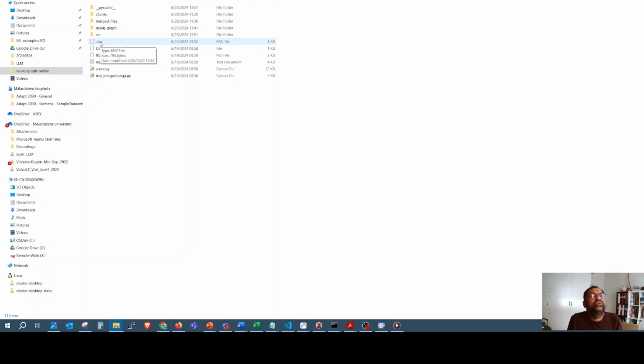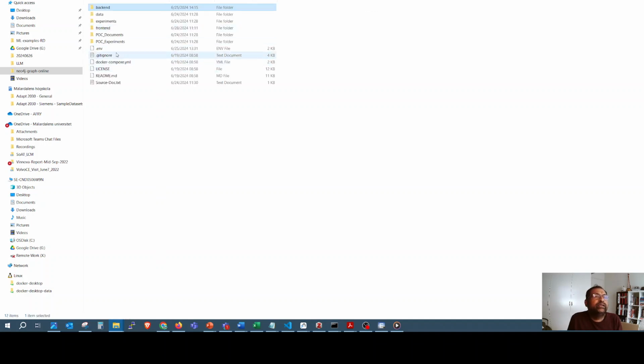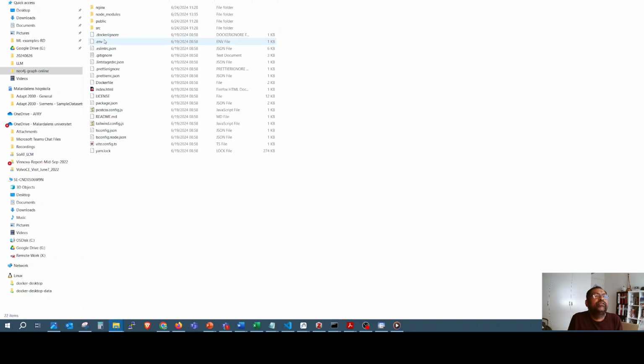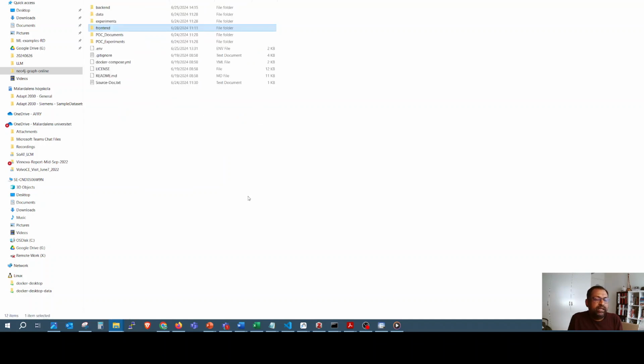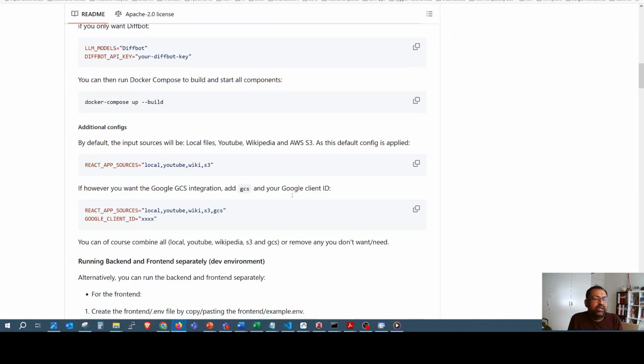For my use, I have used the OpenAI API key that I have, but I'm not going to open it and show it to you. But you know how to put an OpenAI API key in the env file. Same in the front end, in the env file I have put my OpenAI API key. Then, as per the instructions here,